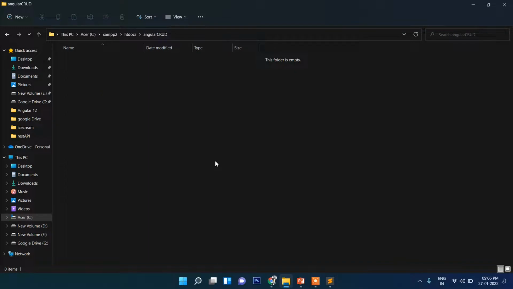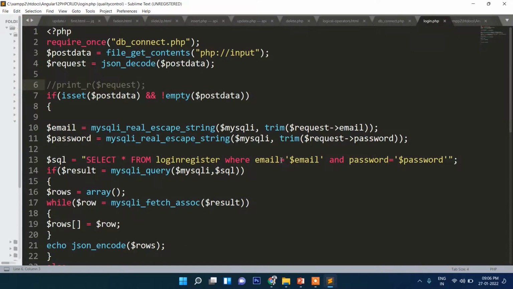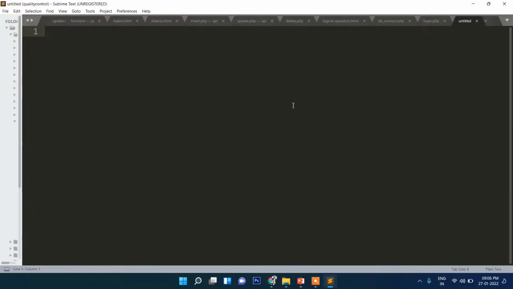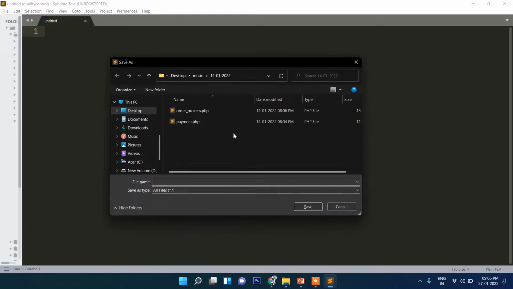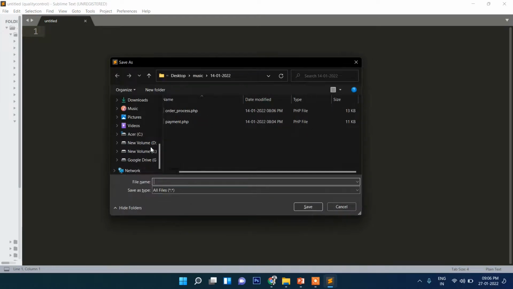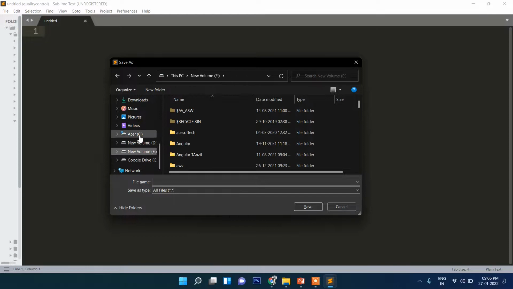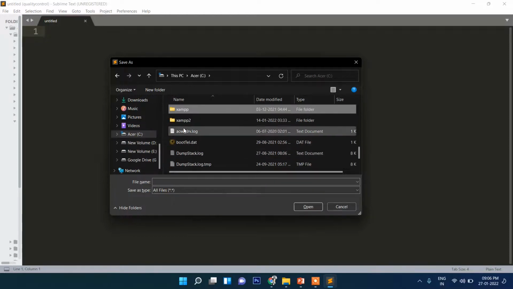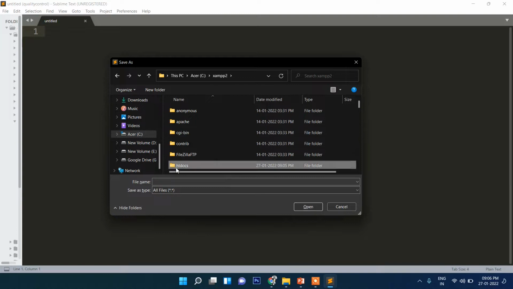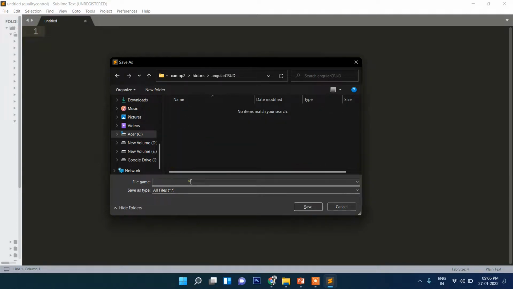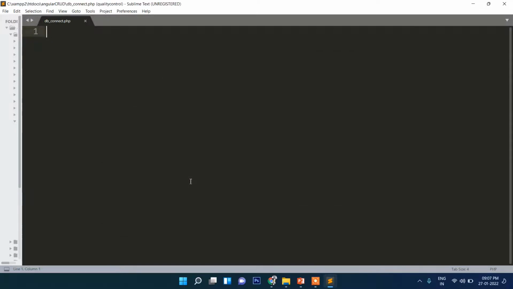First we will create the database connection here. So let's open this one and then Control N, that means new, and save it in C drive, XAMPP, htdocs, Angular crud, db connect.php. So let's start writing code here, PHP, and then